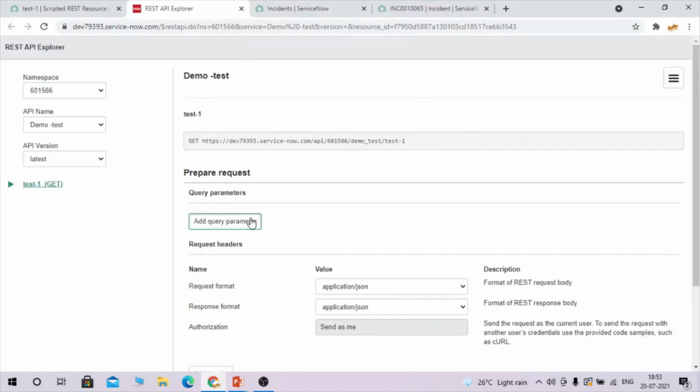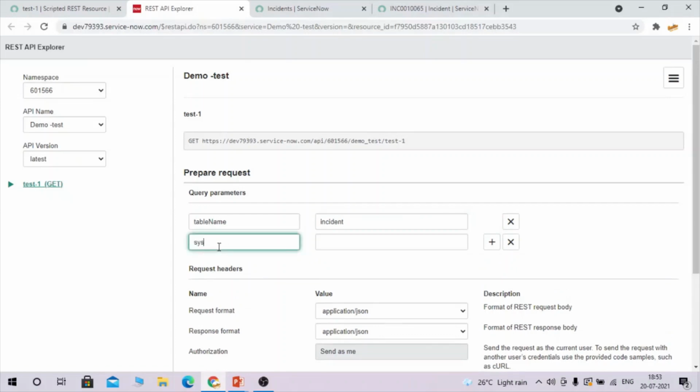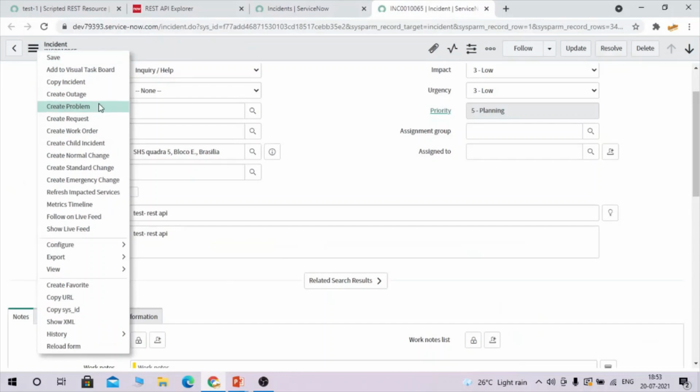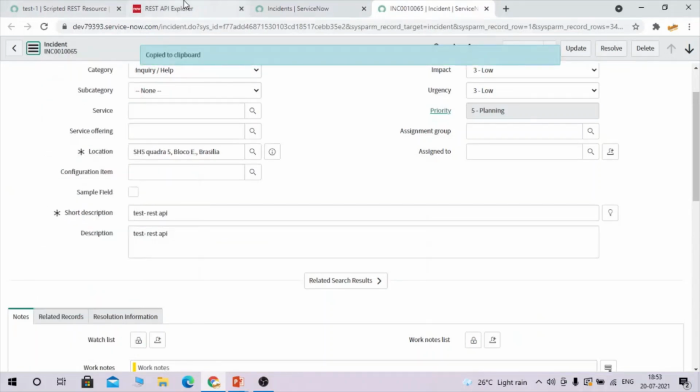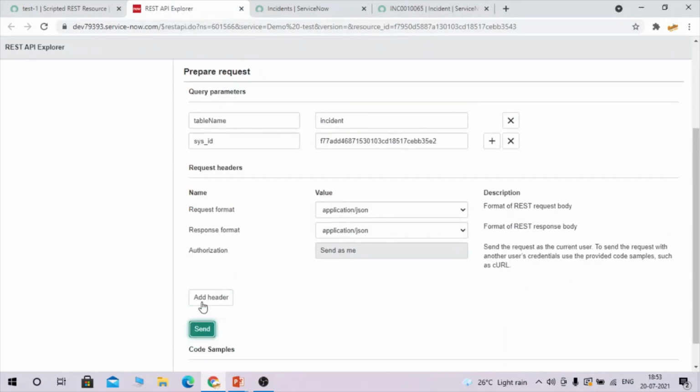So this is our API. In query parameter, I'm going to pass first of all incident, and then maybe I'll pass problem or any other. So here in sysID, I need to take sysID of any record. So I'm going to take sysID of this record, pass it here, click on send.